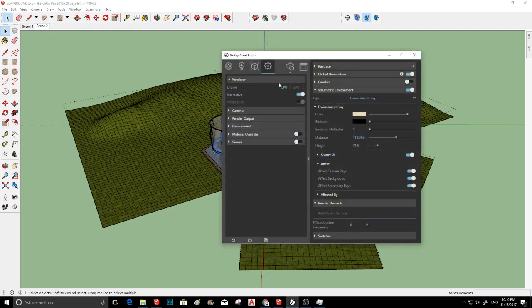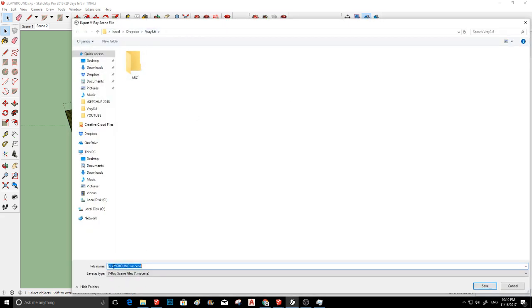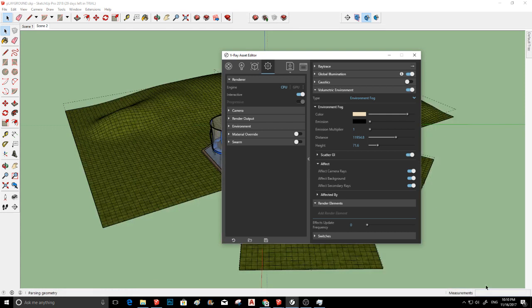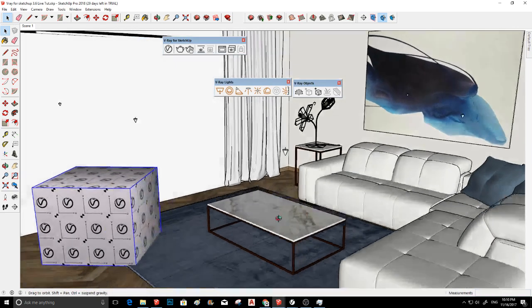So you go to the editor, and under the render you have here an option, this export V-Ray scene file, and we'll just leave it on the name playground, just change the P so it'll be all capital, and that's it. So basically we export this as a proxy,